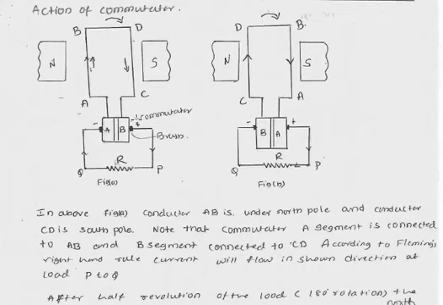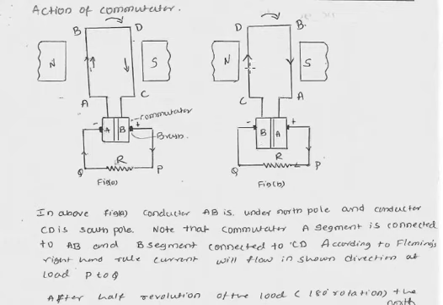So if I consider this as the generator, this brush and this brush will act like a positive and a negative. Always I am going to get a current from the positive and the negative. Now what happens after, let's say, 180 degree rotation? After 180 degree rotation, AB will come onto the south side and CD will come onto the north side. At the same time, when they moved, the commutator segments also moved. So now you can see commutator segment B came here and A came here.